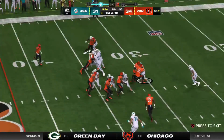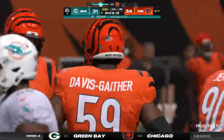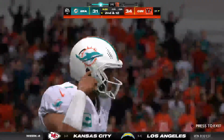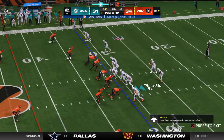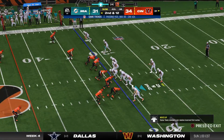Here's Achane to start the drive. And he is going to be stopped cold behind the line of scrimmage. 2 yards the loss, 2nd and 12. That was well played there defensively. 2 tight ends in the formation, which essentially gave them 7 blockers up front. Hard to imagine with all that size and beef,